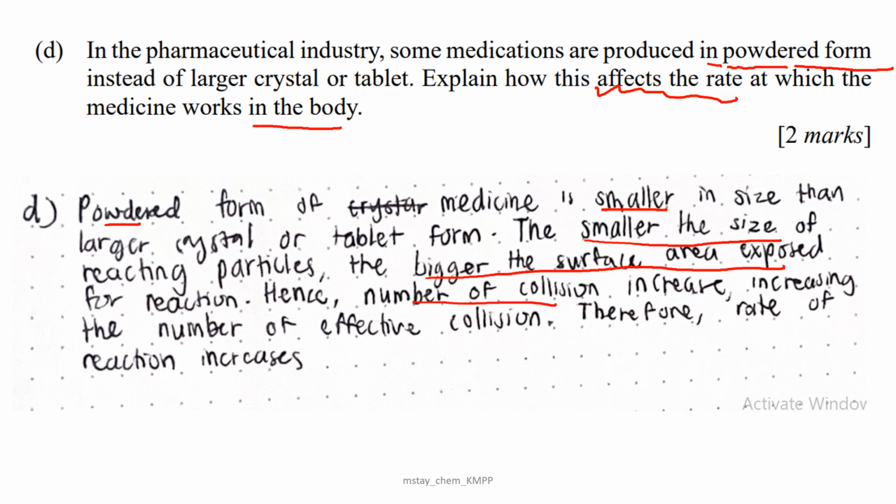Very good. And then mention also the effective collision causes the rate of reaction to increase. So basically you will get 1 mark for this. But don't forget, the question asks us how this, so this means it refers to the powder